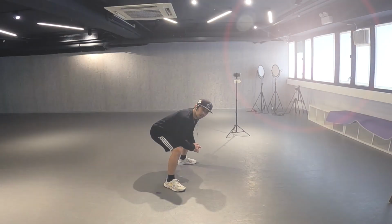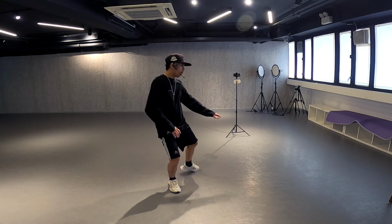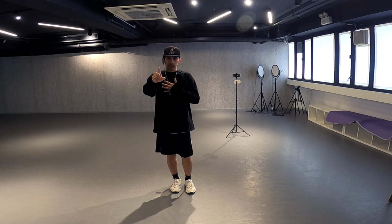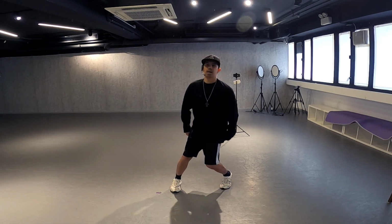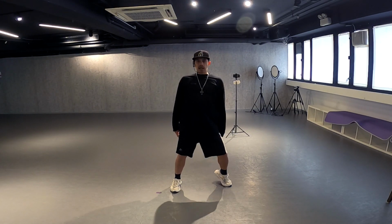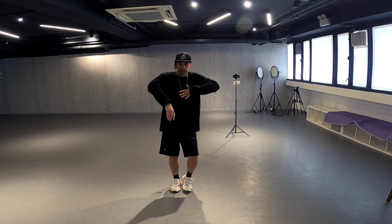Continue. This one is go back on 1, hold up on 2, chest 2. So this one is a bit tricky. I'll teach you the chest first. Chest and chest. So out and in. So basically the chest is like that and that. So 3, 4, you're gonna release this 5,